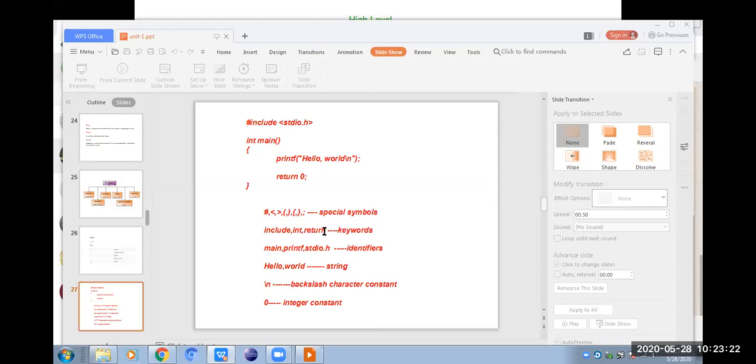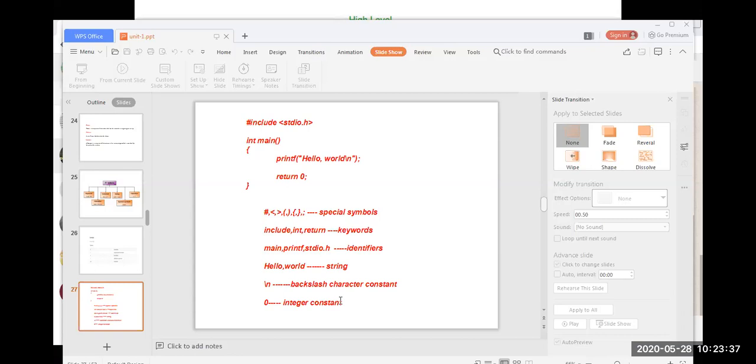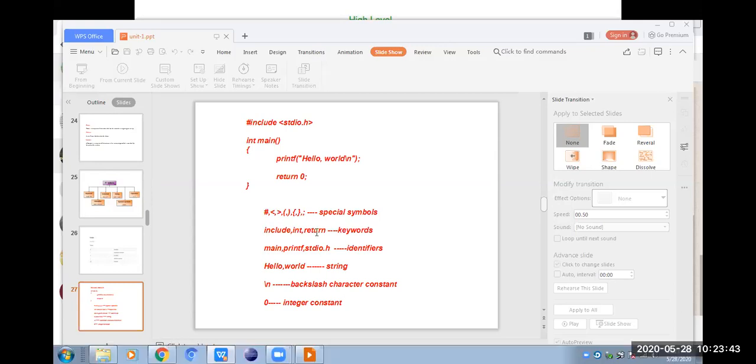Okay. This include, int, return, these are called Lexemes. Why? Because they are present in our program. They are matching to which token? They are matching to one particular token called keyword. Clear. The second column is called the token, and the first column, where these symbols are, is called the Lexemes. These, include, int, return, are Lexemes. main, printf, HTML, these are called the Lexemes. Clear, guys? Difference between Lexeme and token.